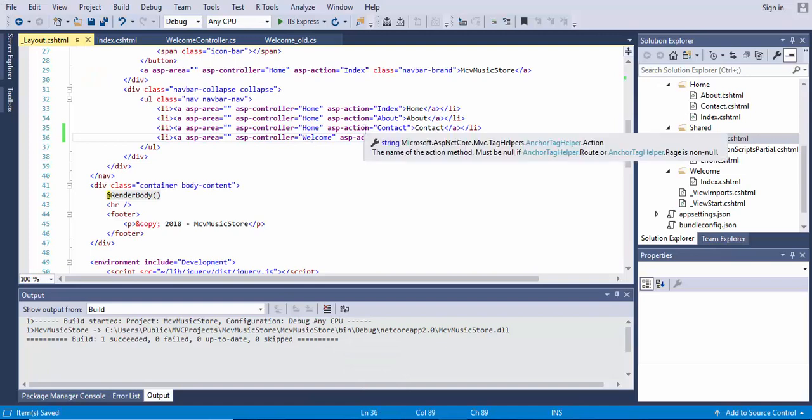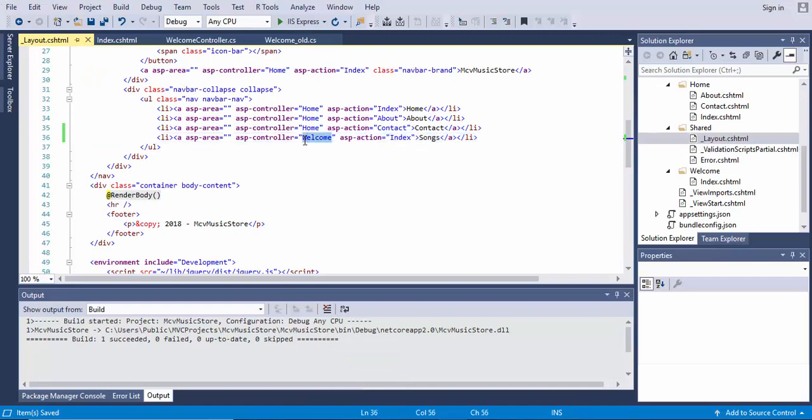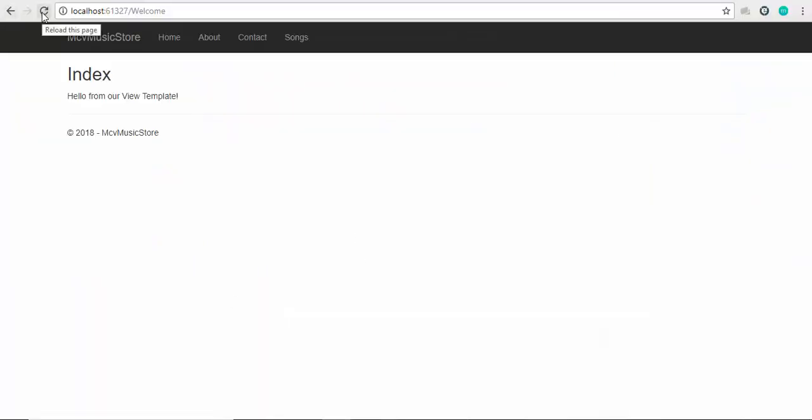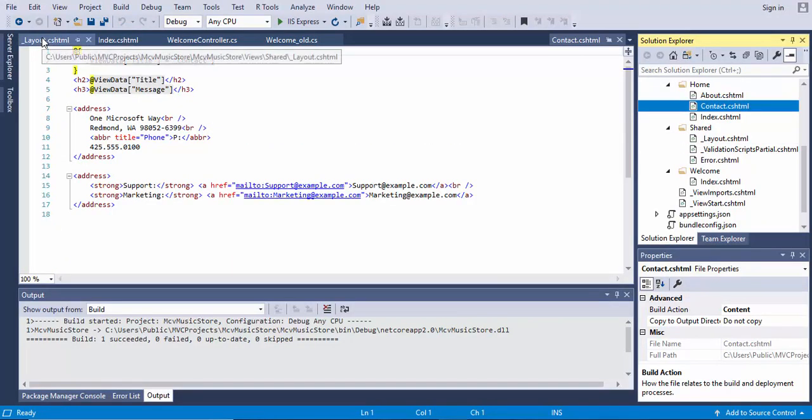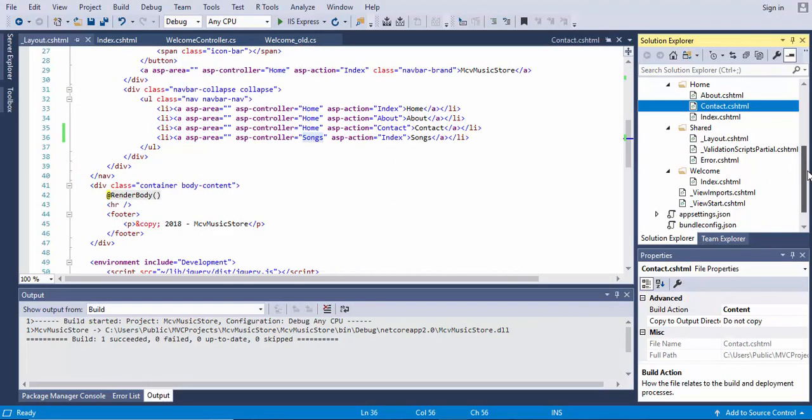However, if we make one more quick change here and call this songs, now we're changing the name of the controller, and we haven't added this controller yet. So if we tried to refresh this, it would refresh as long as we weren't clicking this specific link. If we click that link, it would error out. If we go into our view